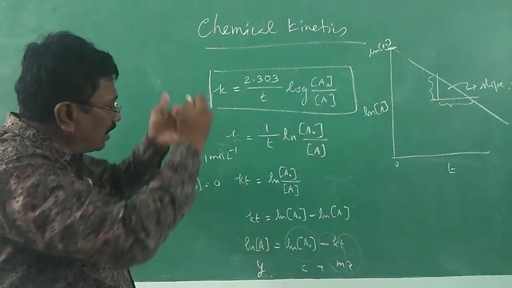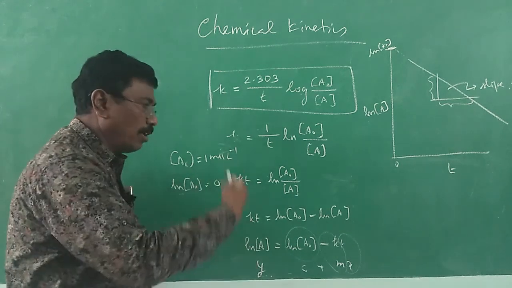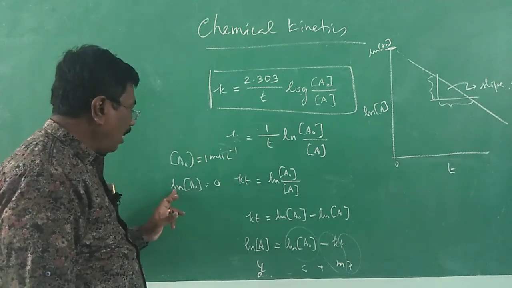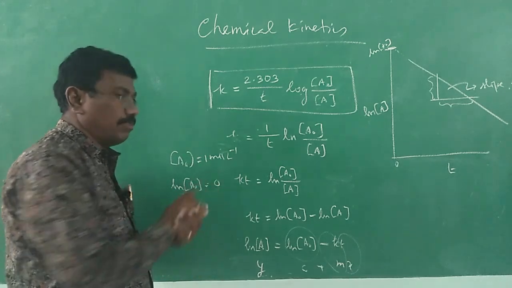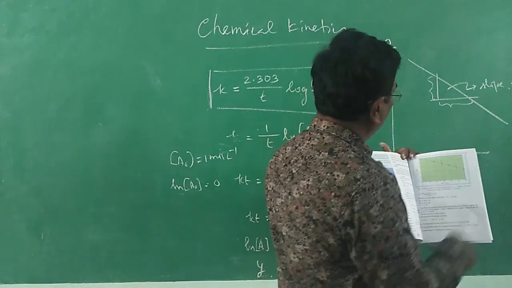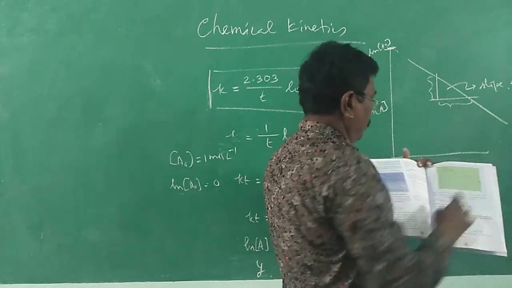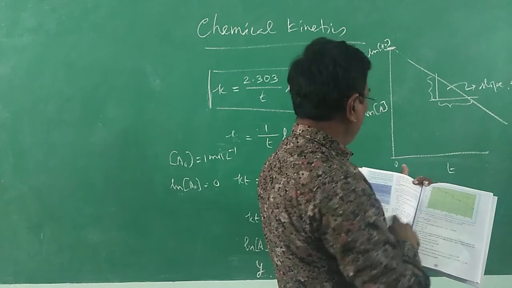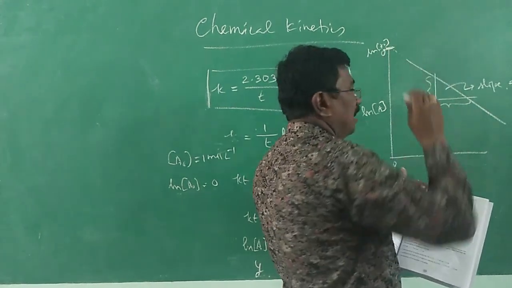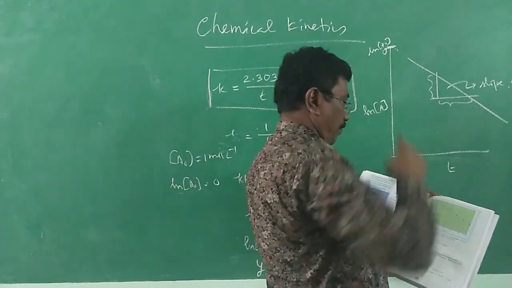As time passes on, the concentration will decrease. It will become 0.75, and so on, going down. When the value becomes a decimal fraction, the logarithmic value will be negative. Therefore, they have given the graph like this. You might have seen this graph. I have drawn more or less the same thing, but the slope I made was a little bit steeper. Log A starts at 0. Don't think that the concentration is 0; the logarithm of the concentration is 0. Alright?